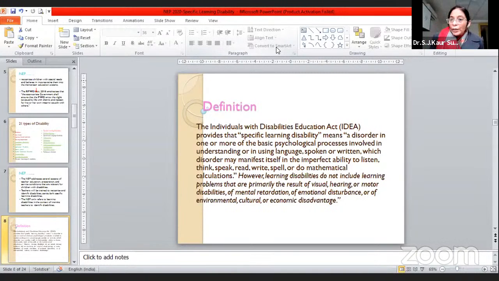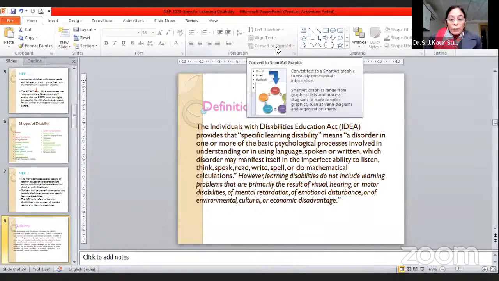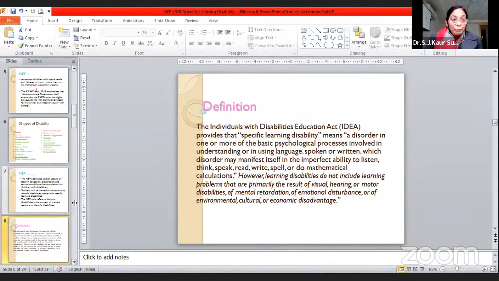Sometimes when the child is upset, then also the child is not able to perform. So there are other factors. So first we have to rule those out, and then only we will say that if the child is not able to perform well in the classroom or in academics, after ruling this out, we can say that the child is having, or maybe having, a learning disability. Now, the next is,